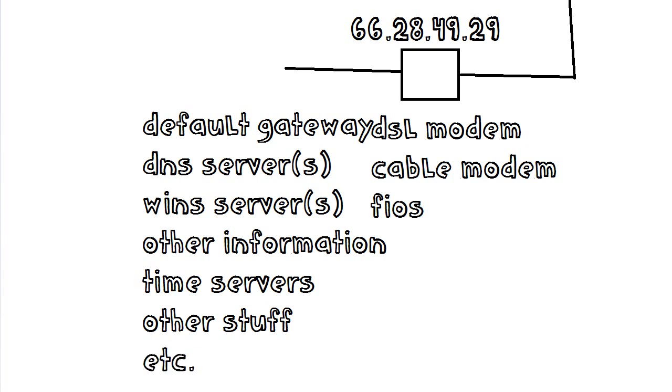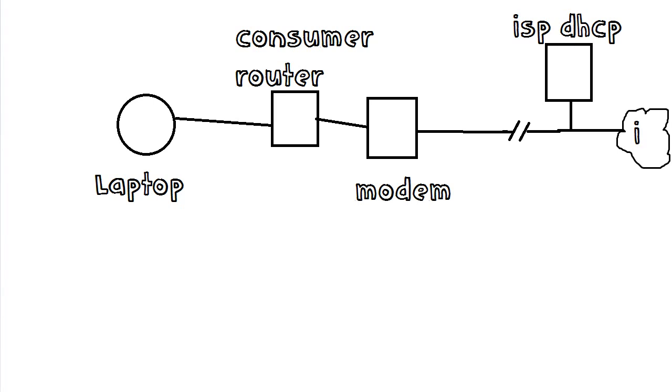Now, how that happens is, in a consumer environment, generally there are two DHCP things happening here. The first is that when your modem, cable modem, DSL modem, Fios, 4G, whatever, connects, it generally issues a DHCP request to your ISP's DHCP server. Well, actually to everyone, to a broadcast address on which your ISP's DHCP server can hear it, which sends back the IP address and the configuration for the DNS and all the other stuff that your ISP gives you, but no one would ever sit there and type in.